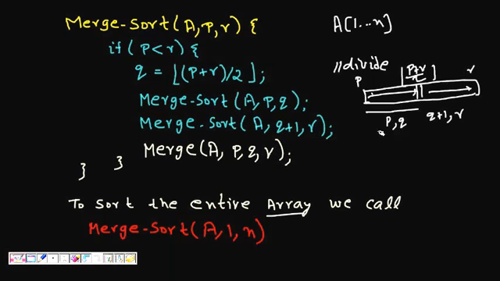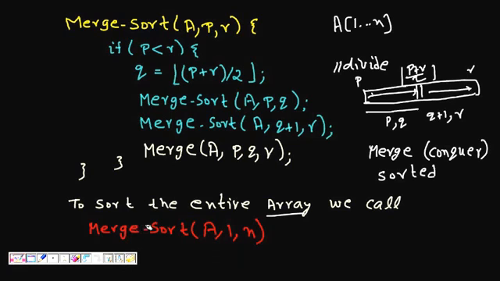The good thing is that these two subarrays that we need to merge, as the conquer part, are sorted, so we have to just merge two sorted arrays. That seems to be much easier than